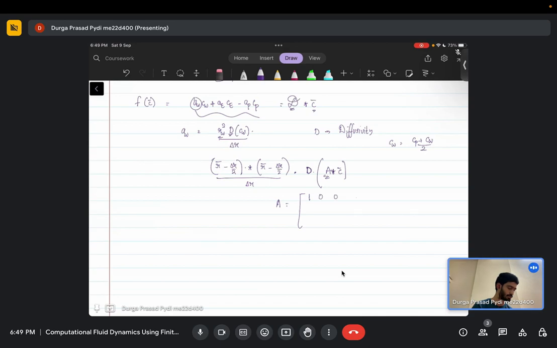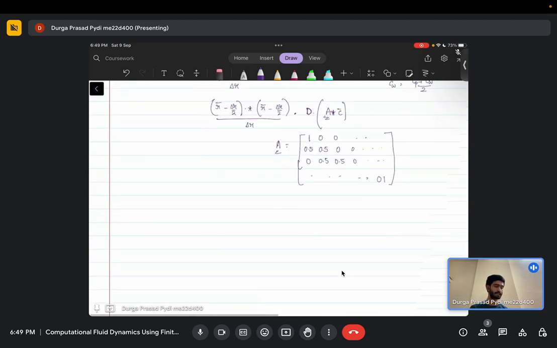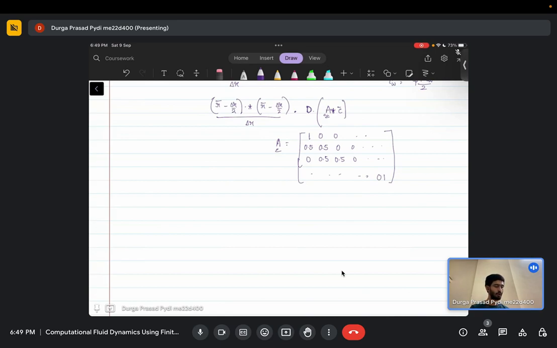So you can write it in this particular way, where it's actually 0.5 from the west one and 0.5 from the current phase. So you have 0 everywhere. Similarly 0, 0.5, 0.5, 0 and so on till the last cell, where you have 1. So if I write A as something like this, when you operate this on your